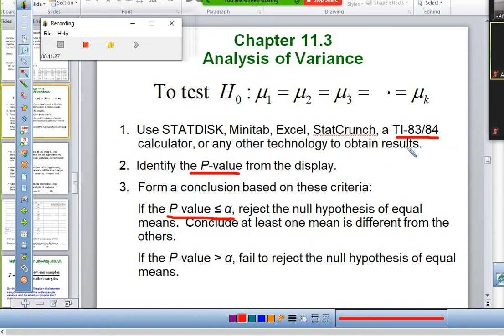We're only going to use the TI-83/84 to give us results, and we're going to just use those results to proceed from there. So we're going to use the TI-84 to get a p-value, and again, p-value is the probability of getting a sample like yours. So if your probability is really small, if it's really unlikely, then you're going to reject H naught. Right? So in other words, if your p-value is less than or equal to alpha, typically our alpha is 5%